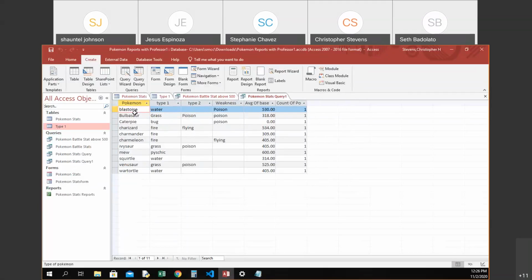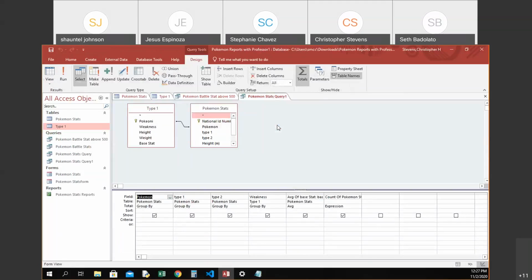So notice that everything's still there. We just get this extra piece here. That's the only difference. Okay, it added that extra count on there at the end. That's what that summary is really doing. And so even if we look in the background, it says it's grouping by, but this is saying, oh, I'm just taking the average of the base stats. Well,